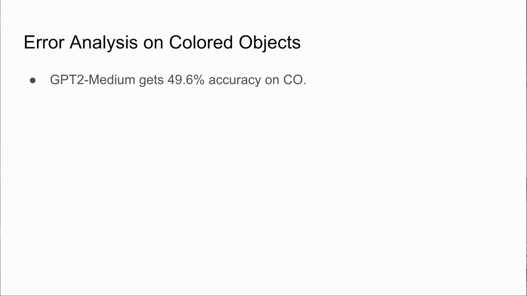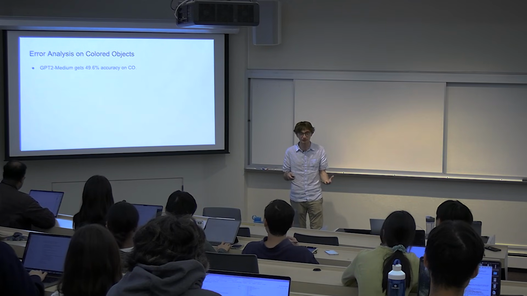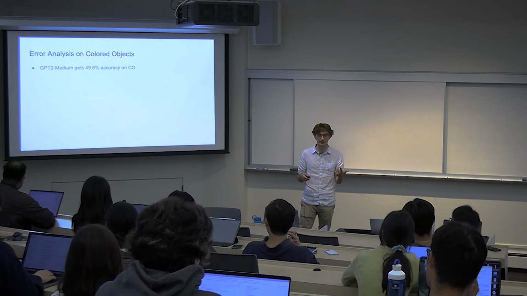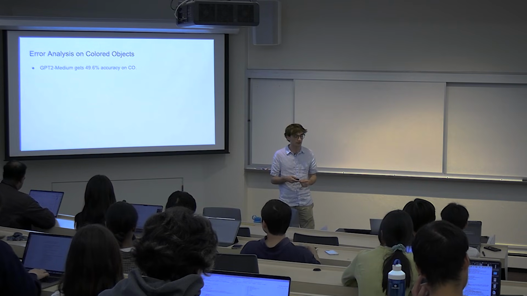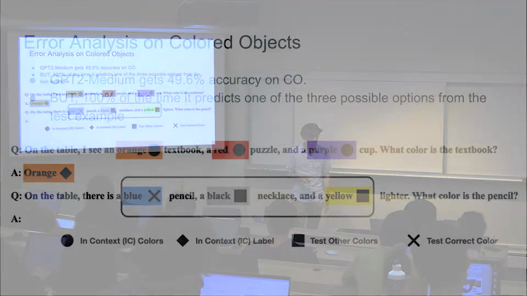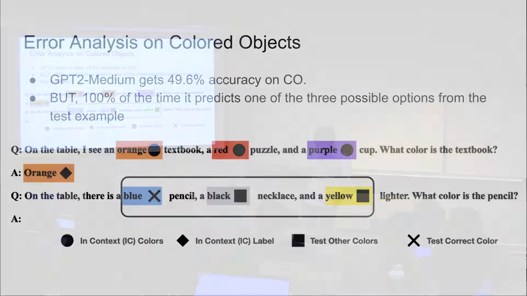An important thing to note is that the model that we tested this on actually doesn't do that well on colored objects. We tried to find a model that was small enough that we could do this analysis, but big enough that it could do something on this task. GPT-2 small couldn't do it. It was at random. But the important thing is, and I maybe didn't mention this, we give an in-context example just to demonstrate what the output answer should look like. And it helps the model be a little bit more right.